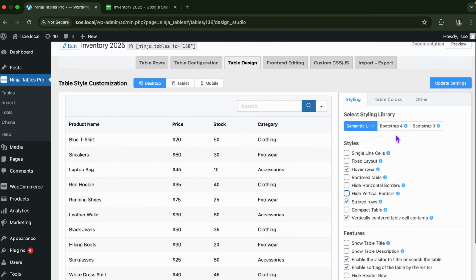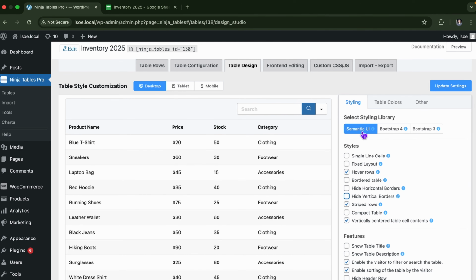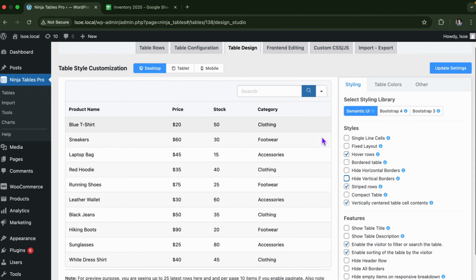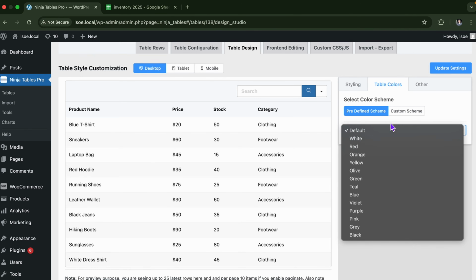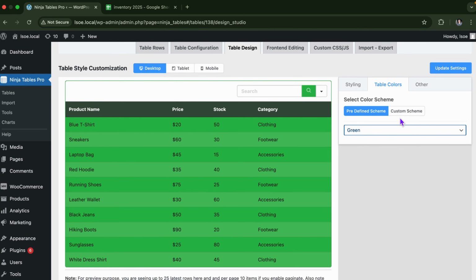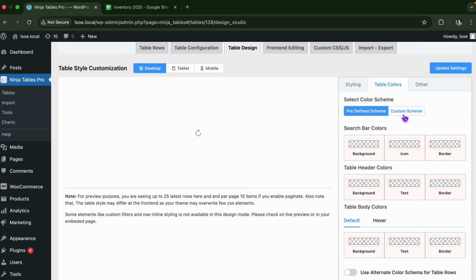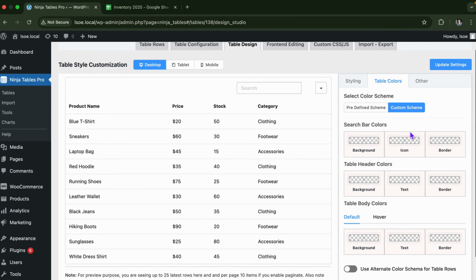So I'm going to go with this Semantic UI, and then I'm going to throw some color on my table. So here's the option for throwing some colors. We already have a few predefined schemes, so choose whichever one you like. I'm going to go with green. As you can see, we have the custom scheme as well over here, just in case you want to throw some of your own